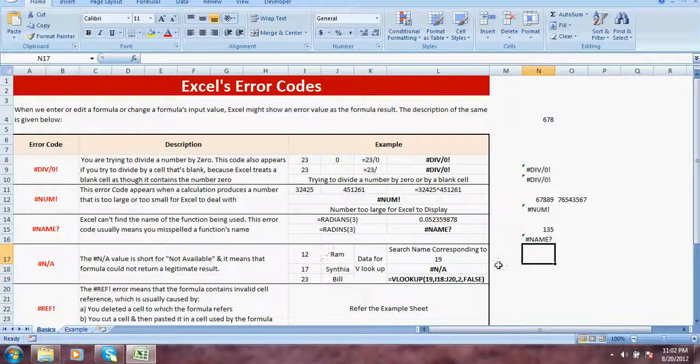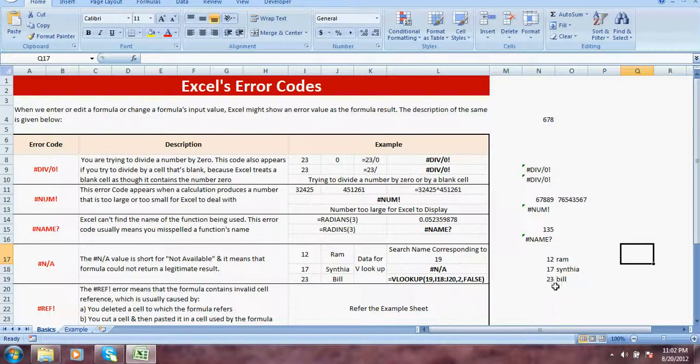Now #N/A is basically a short term for not available. I will just write this data over here: 12, 17, 23. Against 12 we have Ram, against 17 we have Cynthia, and against 23 we have Bill.